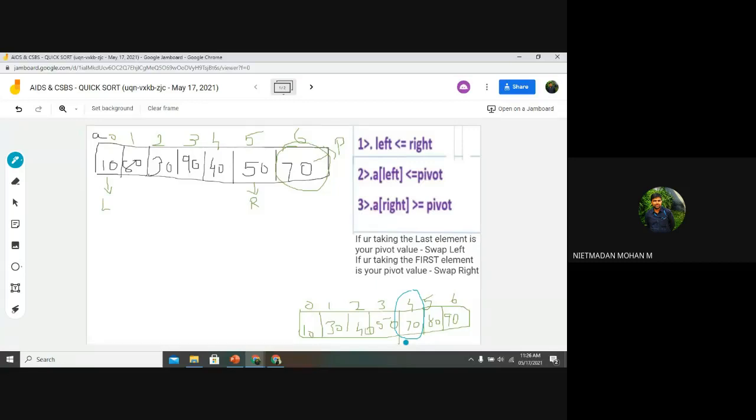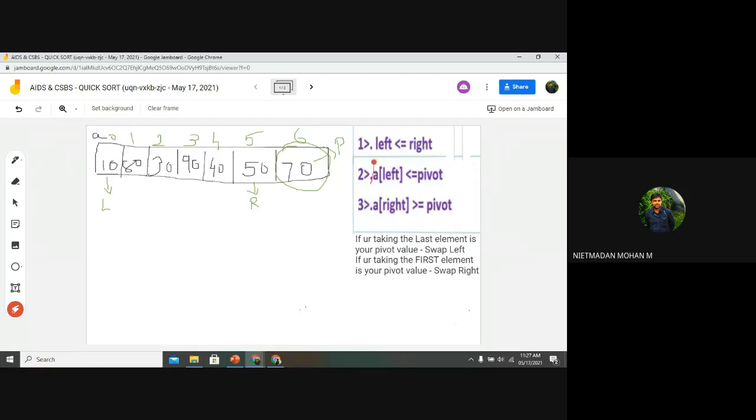Are you getting this? So this 70 wants to occur at index value 4. So first I want to move this 70 to index value 4. For this moving purpose, I am using these 3 conditions over here. If the first condition is true, then I go with the next condition.